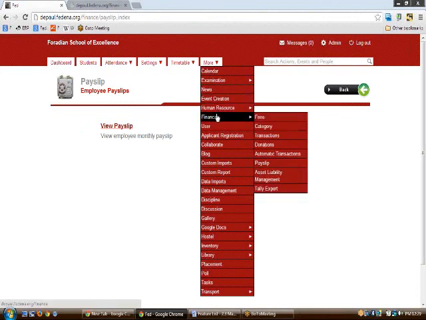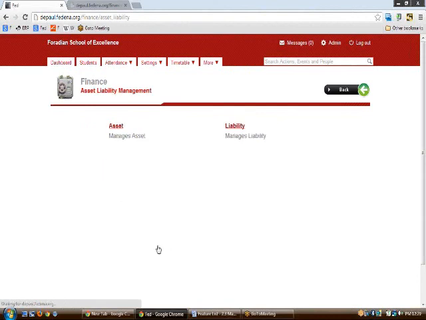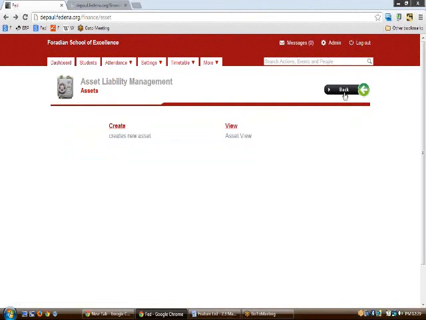Next, we will be moving upon the asset liability management available in Fedina. Asset liability management is a place where you can manage the assets and liabilities in your institution. So let us say that if you want to have a record of all the assets, you can just go to assets and create or view the particular assets available. So assets may include the bank details and all, and moreover, if you want to create an asset, you can also do so.